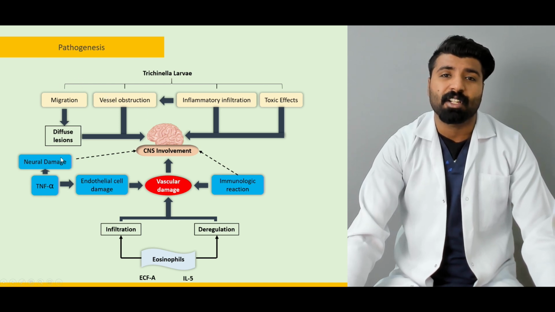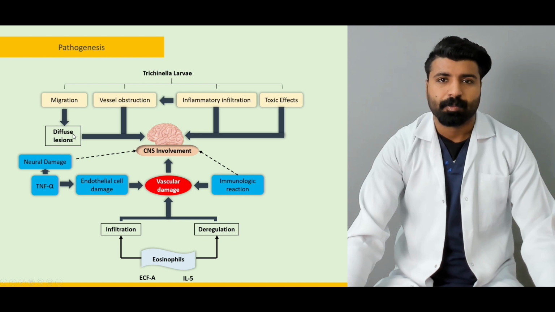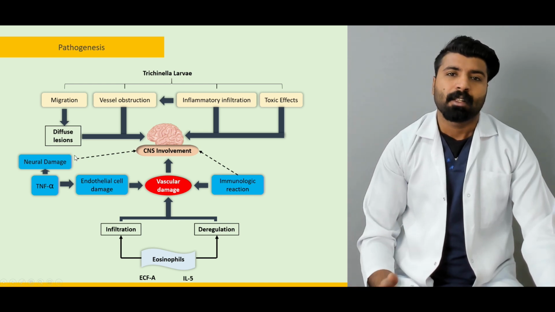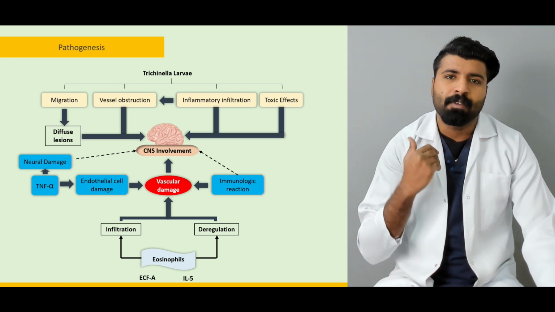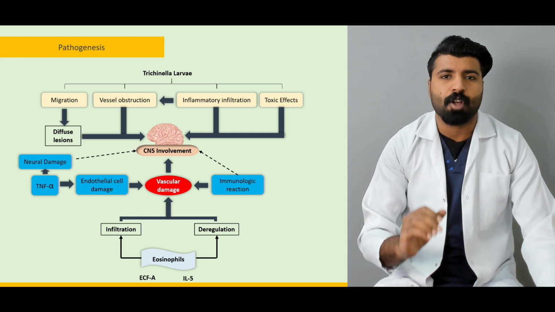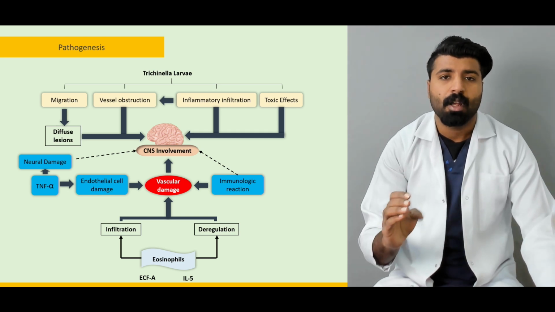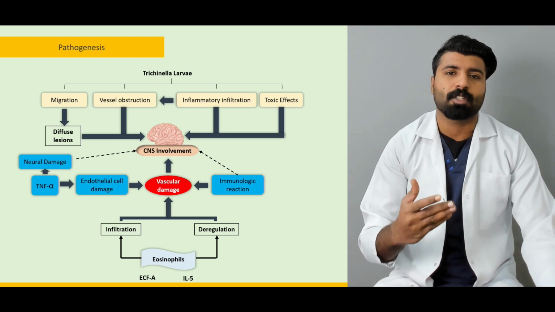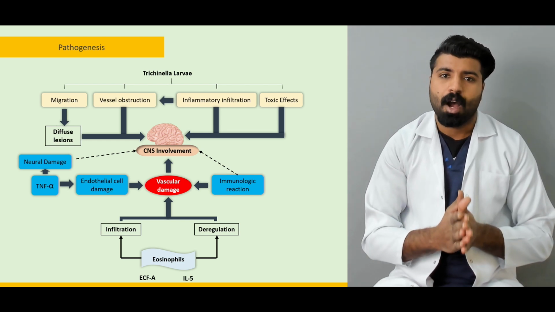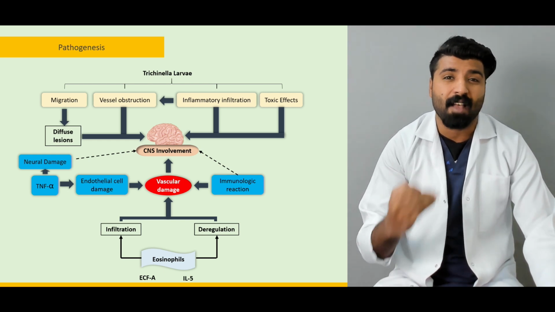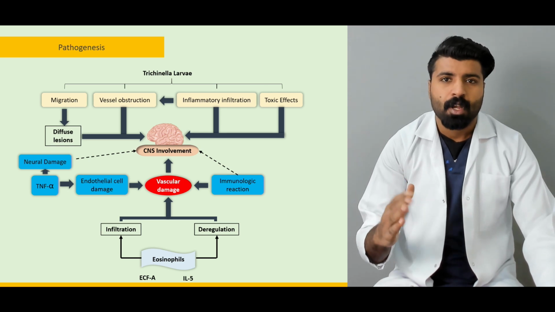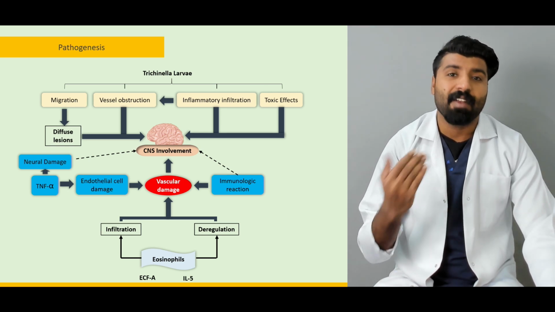And then these migrations and diffuse lesions in the brain will also be responsible for the pathogenesis regarding the CNS system. But keep in mind that most of those patients, even those who got to that level, can be cured, can be given treatments. We're going to talk about different options for the treatment. But what we know is that most of those patients can still be cured unless they have these diffuse lesions, these vascular damages up to certain levels that cause brain ischemia. It can still be prevented.